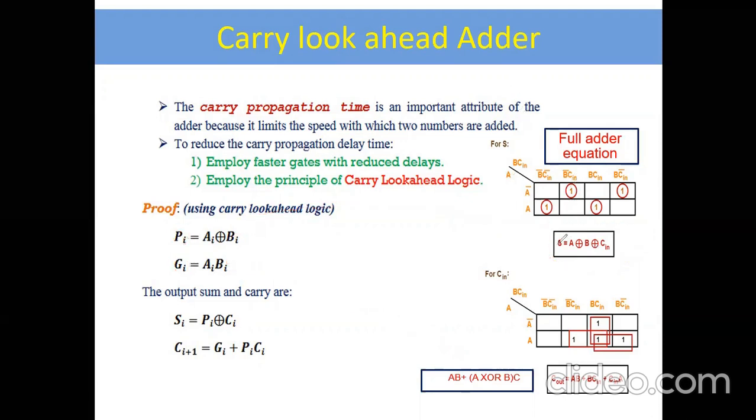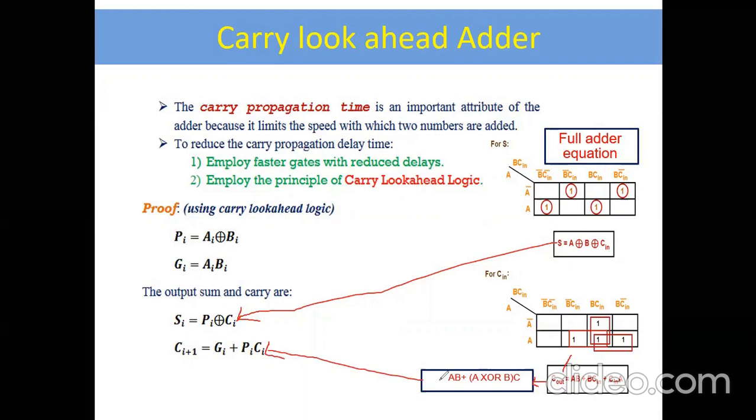Now consider this equation. It is replaced like this based on this assumption. We know A exclusive or B is equal to Pi, which we replaced here. Then Ci is written as it is. This equation is over; then the carry. Till now we discussed the carry of the full adder, which is AB plus BC plus CA. For further simplification, you will get this equation. Hereafter, we are going to consider this simplified equation for the carry look ahead adder design.